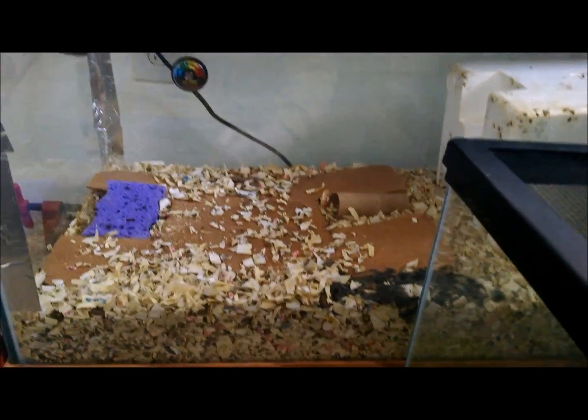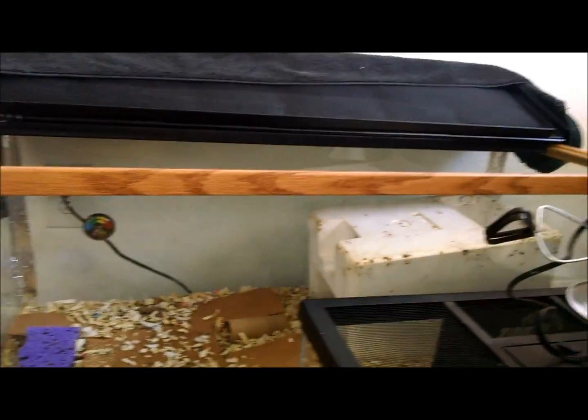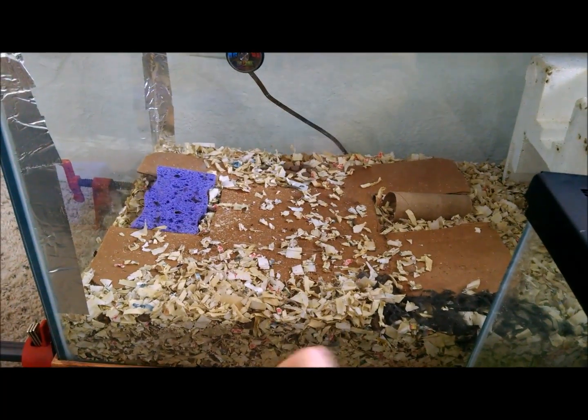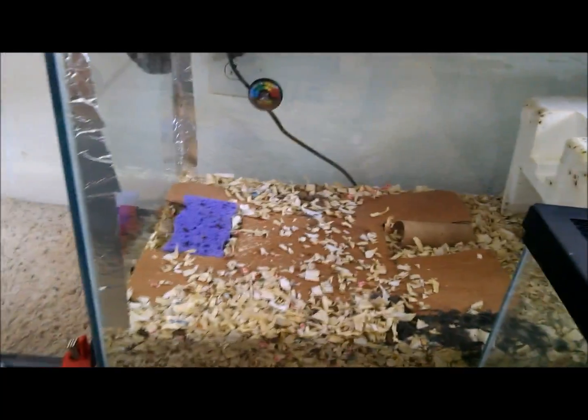You might have a better setup. I find that this works for me because I've got a spare room that I can keep warm and dark just by closing all those curtains. And that's how they like to be kept. They don't have an odor, and I enjoy watching them work, so I really don't mind them in here at all. About a month from now, it'll be warm enough to keep them back out where I usually do, which is in the garage. But until then, I keep them in here and monitor the temperature, which I will get